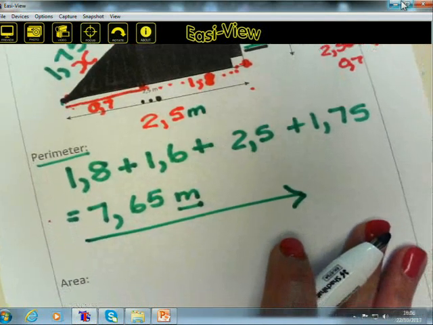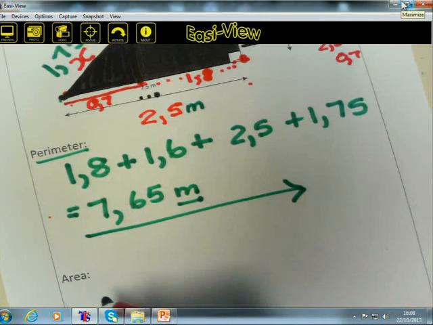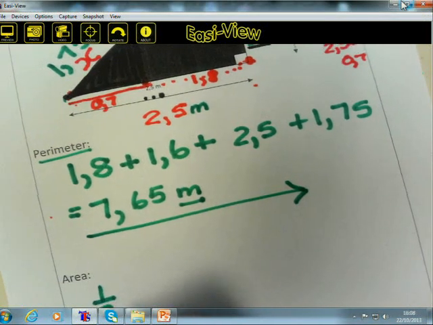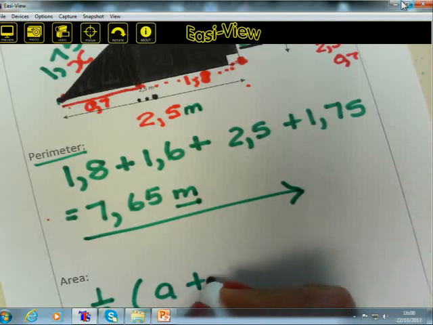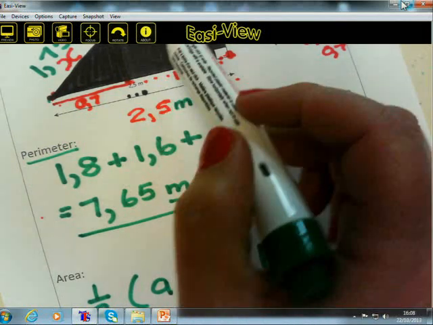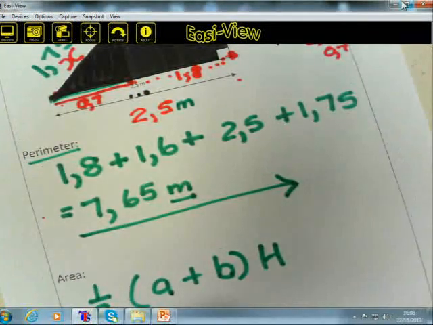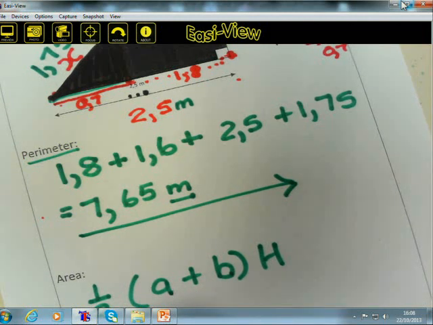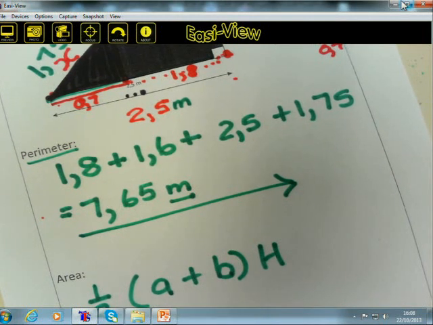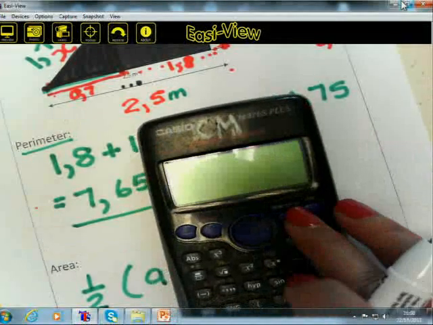If I now want the area of this trapezium, the formula that is given to us is a half bracket A plus B times the height, where A and B are the sides that are parallel. So what do we do? When we work with a half, there is another easy way to work with a half. We use the decimal number. And what is the decimal number for a half? If you want to determine that on your calculator,